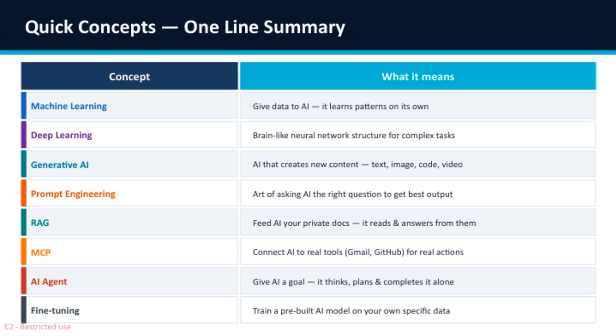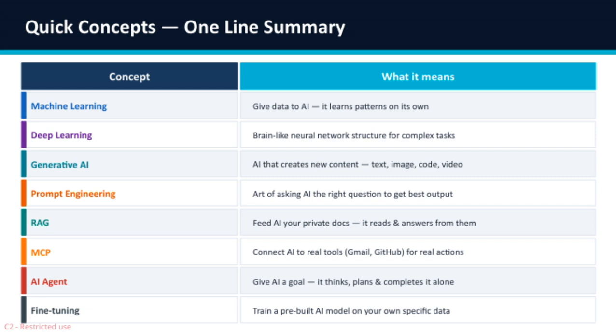Feeding AI your private documents, which is RAG, Retrieval Augmented Generation, helps it read and answer based on your specific information, making its responses more tailored and reliable. Prompt engineering is all about asking the right questions to get the best output from AI. It's a crucial skill for effective interaction. Then, we have generative AI, which creates new content, be it text, images, code, or videos, opening up endless creative